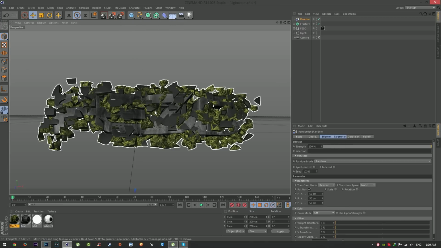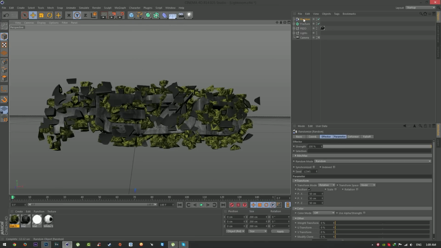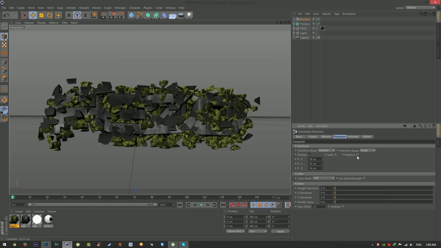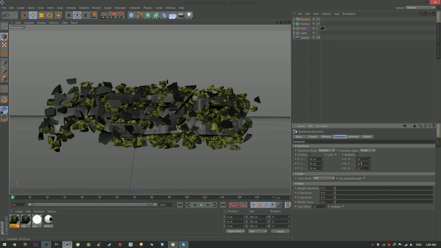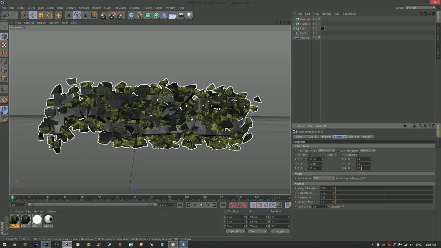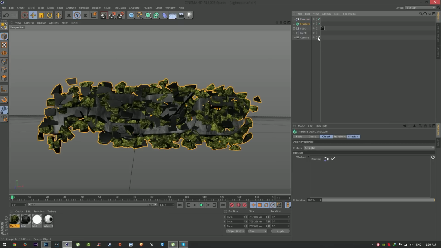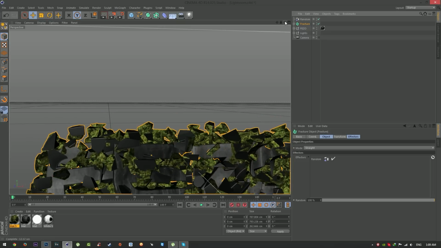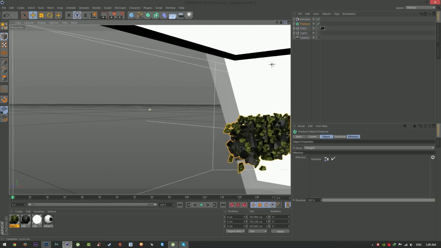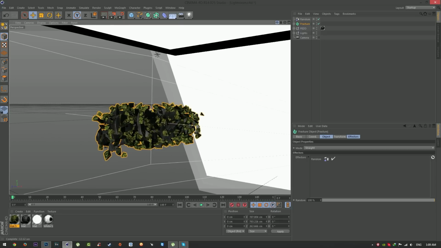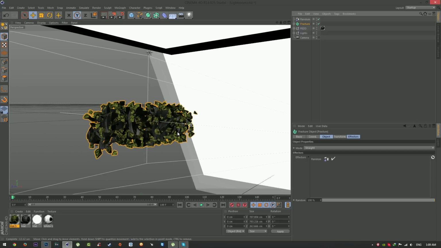Before I change the position of this fracture, just go over the random, go over the parameter, check the rotation, and just play around with the rotation just like that. Okay, this looks good. Just select fracture. I'm gonna uncheck the camera, just select the fracture,